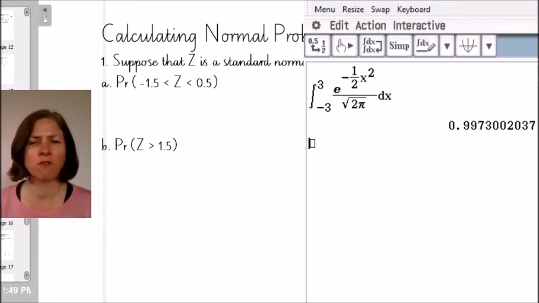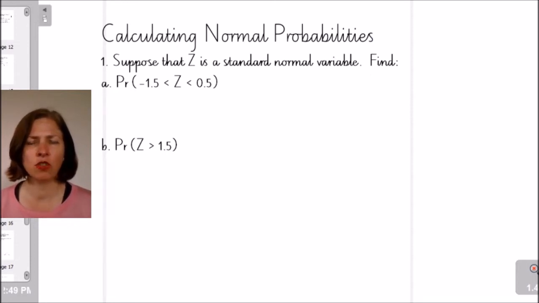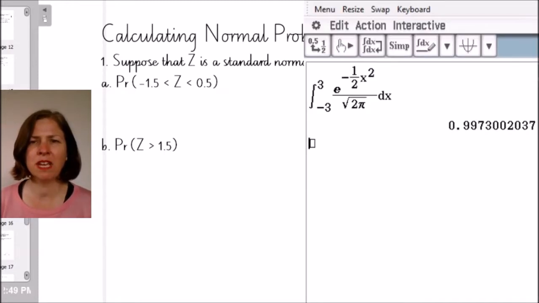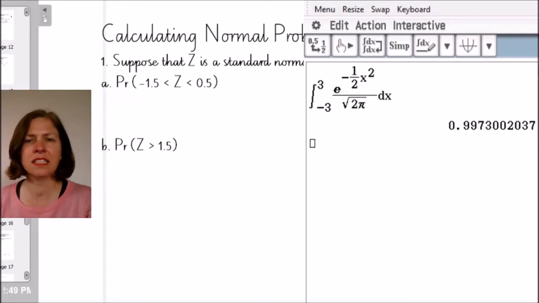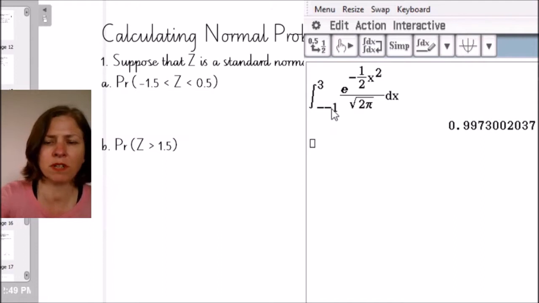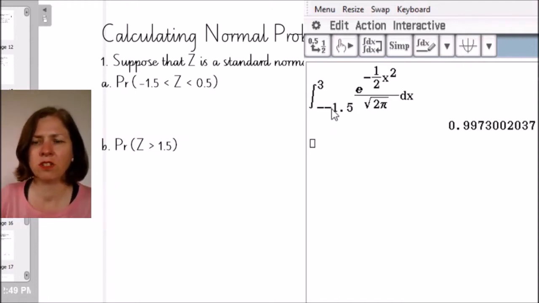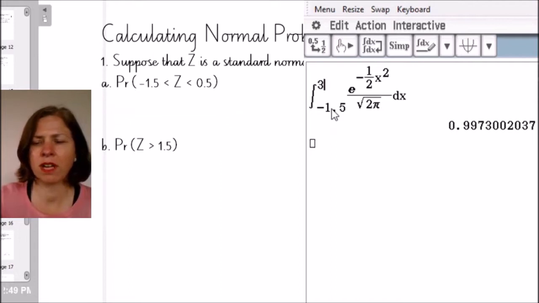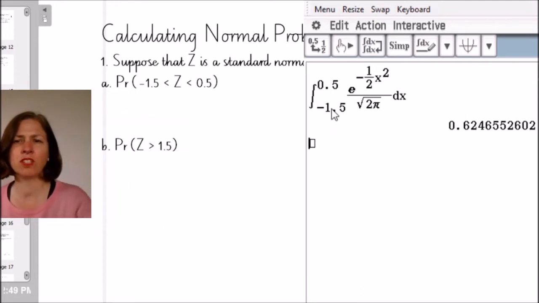So in the question that I've got there, suppose that Z is a standard normal variable and we want to find the probability that Z is going to lie between -1.5 and 0.5. It's a standard normal variable, of course, which means that the mean is 0 and the standard deviation is 1. So what we previously did on the CAS is we wrote out the equation and then we entered in our boundaries, -1.5 up to 0.5. Then I just enter that in and I come up with an answer of